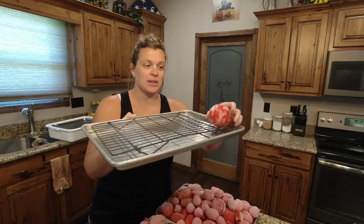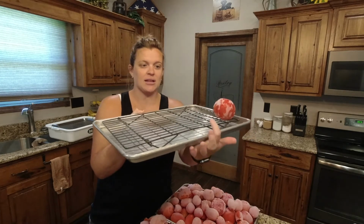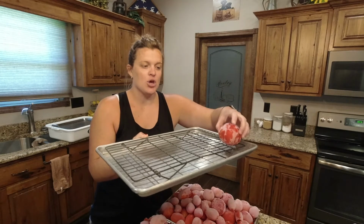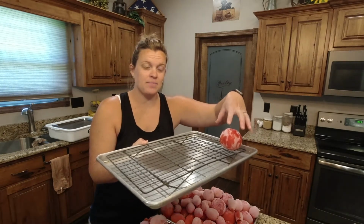But we've got our frozen tomato. What I'm gonna do, take the tomatoes, and I'm just going to lay them on trays. So I have a cookie tray, it's got a little bit of a ledge, and it's got a cooling rack inside of it. You want something to where the tomatoes will be up out of the liquid, and some sort